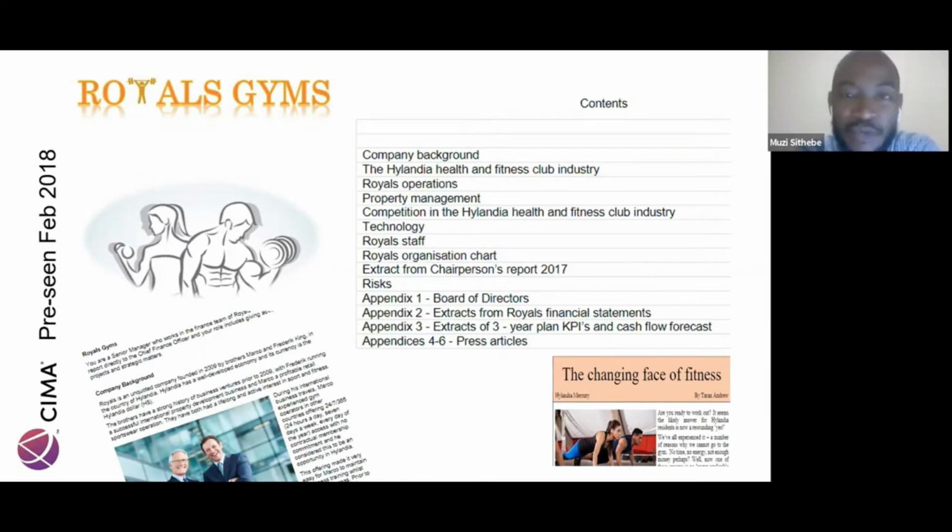And it's important that you get very, very familiar with this information in order to be successful at the organization. Very important as well is in the first line of it, you'll always see that they tell you exactly what position you occupy. With this Royal Gyms example, you'll see there on the left, underneath this image over here, they tell you you are the senior manager who works in the finance team. What this starts to do